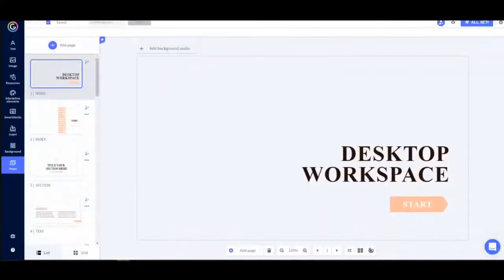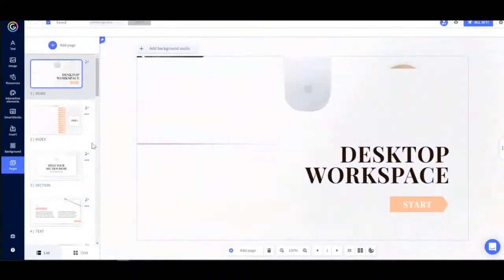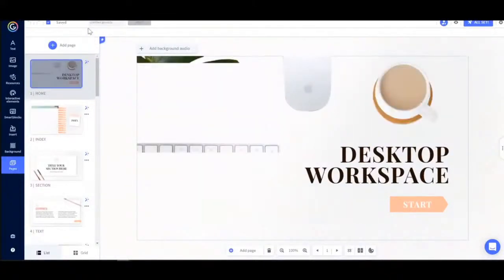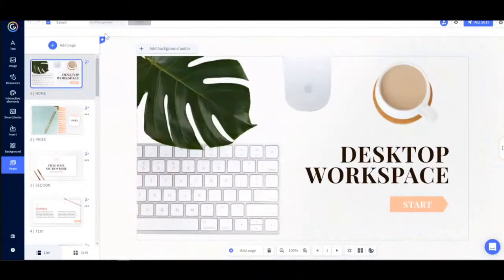Now, once we're inside the editor, we are going to start by adding our own textual and visual content. There we go. The very first thing that I recommend you doing is naming your creation, which you can do up here in the title bar. This will help you find your creations back in the future when you have lots of awesome things made. Let's call this one My First Genially.